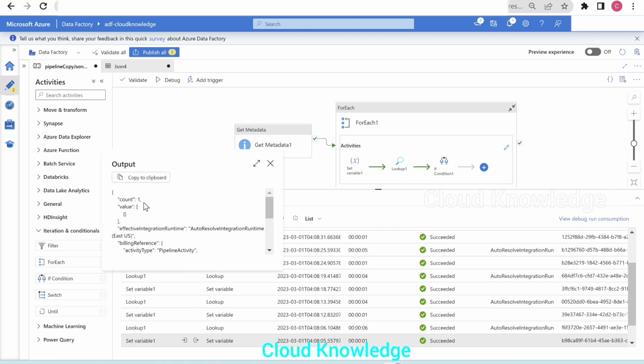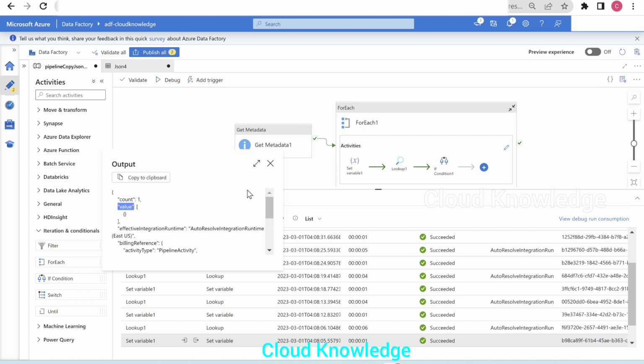So it is having count 1. So through count 1, or the count output from the lookup activity, we could not deduce whether the file is empty or it is having value. Only from the value output of the lookup activity we can see that the array is not having any data inside it. So we could check from the value the occurrence of the first element. Okay, so the value is holding an array, and inside that array we have the JSON. So if the lookup activity value array index 0 is having no value, if it is empty, that means the file is empty.